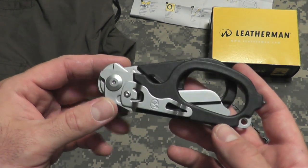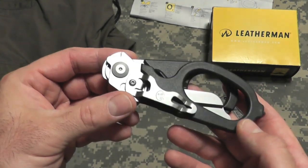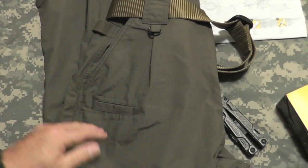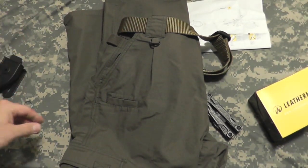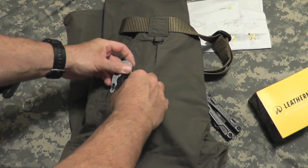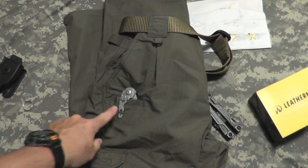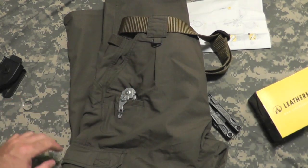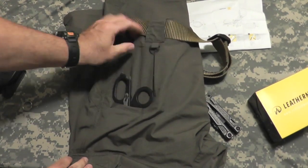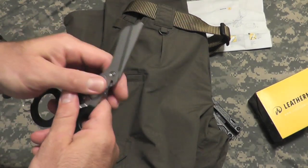These weigh 5.7 ounces. They are a little bit heavy. My buddy did say they really don't fit in pants too well because they're a bit bulky, but if you're like me and you wear the 511 Tac Light Pros, on the right side you have this pocket here where the scissors do fit in very nicely, and they can be locked in with the pocket clip, or you can wear it on your outside pocket. If you wanted to, you can also open them up and carry them like so. They're in there very nicely, or you can fold them back up,